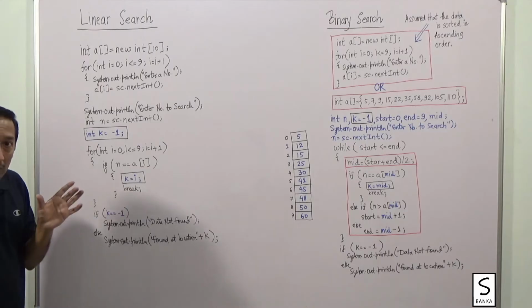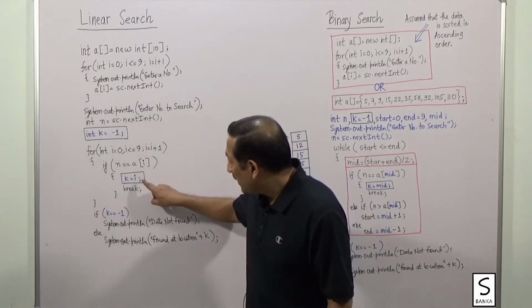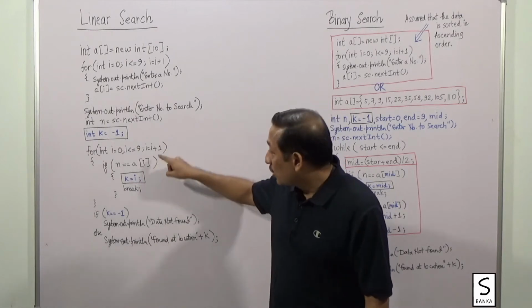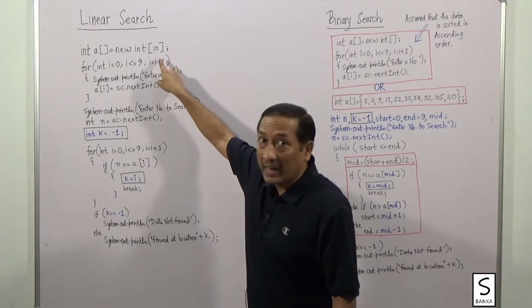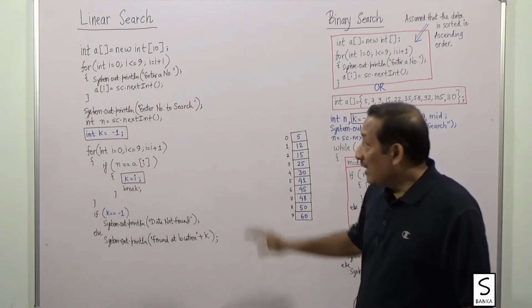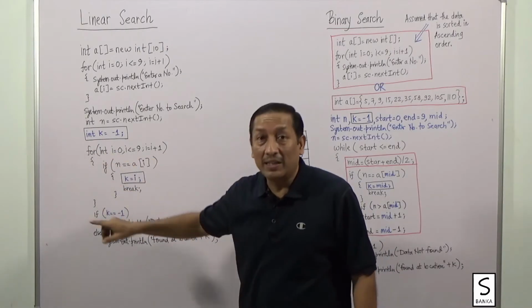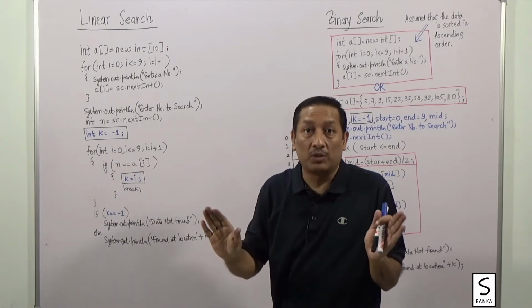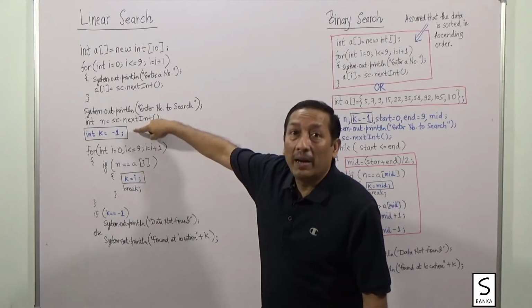Now it should be clearly visible to you that if the data is found, its location will come in k. And that location in the size of array 10 will be somewhere from 0 to 9. And if the data is not found even after the loop runs over, that is the loop is run 10 times, that is what we had designed for, the k value will remain -1.